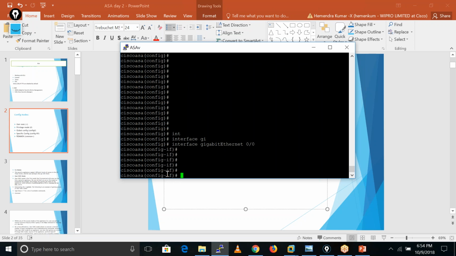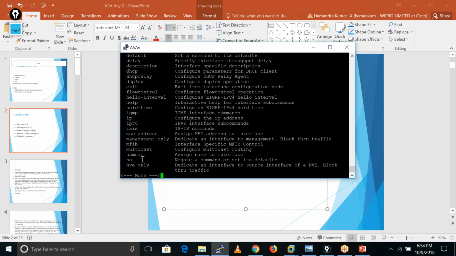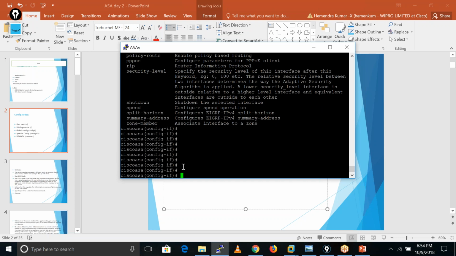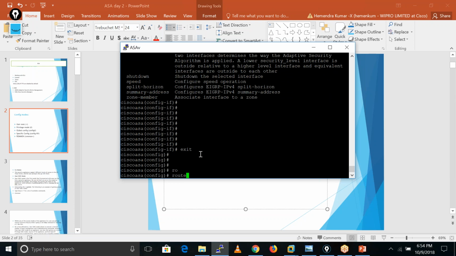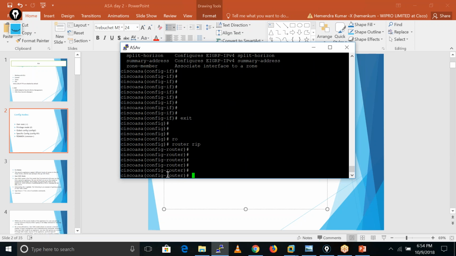This is a specific config mode for interface configuration. Here I can configure interface related things, like IP address, any kind of interface related features. If I go into router configuration mode, this is a specific mode for routing configuration.